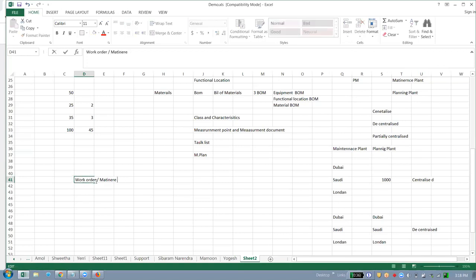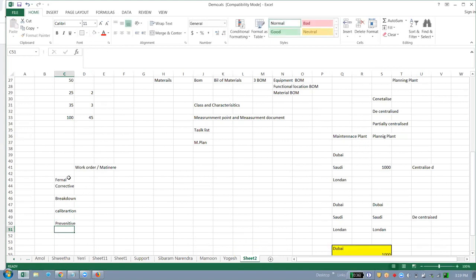So there are different kinds of maintenance processes that are carried out: general maintenance, corrective maintenance, breakdown maintenance, calibration process, and the important preventive process. These are the key processes in SAP PM.